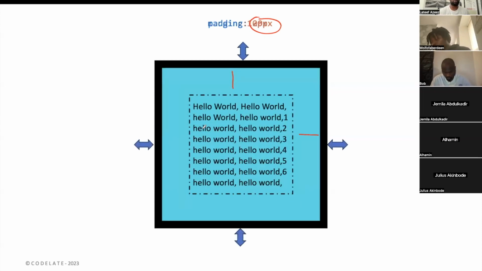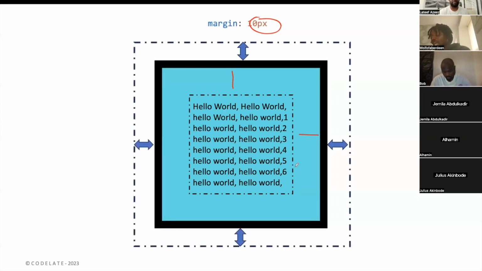And we also talked about having what is called a margin. While a padding is an internal space that you set, a margin is an external space that you set. In other words, you're setting a space outside the borders of that div. The padding is setting a space within the borders of that div, but margin is going to set a space outside the borders of that div. So in this case, this is the div, but then we are trying to set a margin of 10 pixels. So it adds some space around. So any element or any div or item that is,